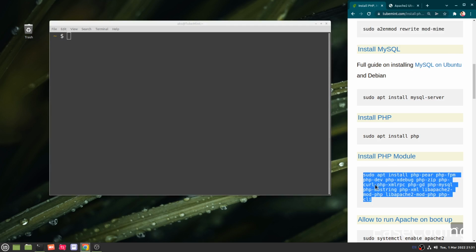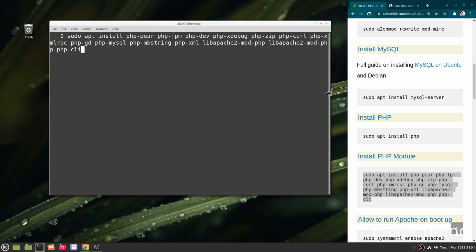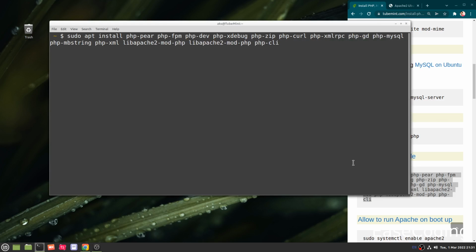PHP and some common modules. So let me show you what you need. I will leave the link. There seems to be a duplicate here, so I'm going to remove this one. I don't need everything. You need the PHP MySQL if you're going to use MySQL. PHP curl is also required. Zip, xdebug is also required on some of the